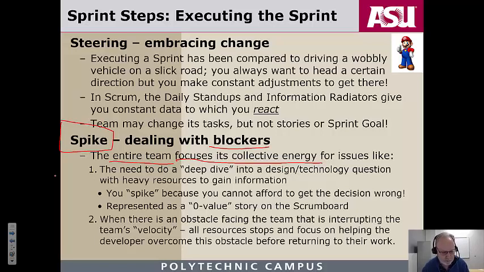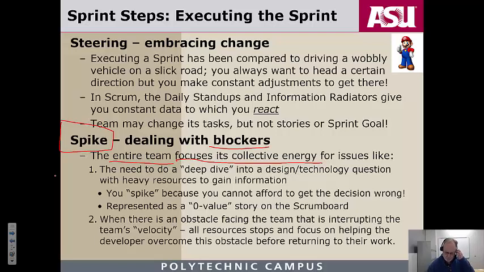Hey, we just had a security problem come up. It's particularly nasty. Maybe there's a new virus. Who knows? There's a new hack out there. We need to address it. We're going to stop the world. We're going to stop the team. We're going to stop the Scrum board, and everybody's going to go off and do some research and investigation, some tasks dynamically around it in order to try and get over this quickly and kind of re-ramp up the velocity